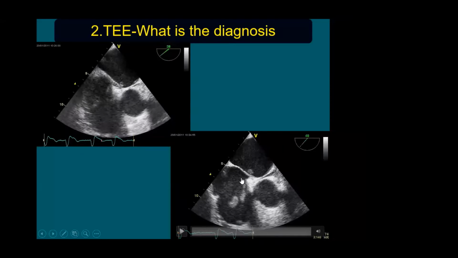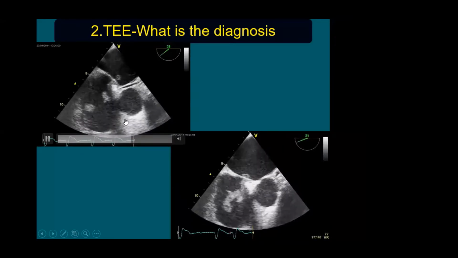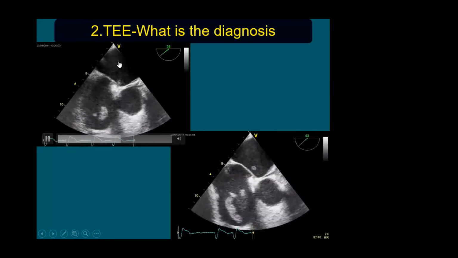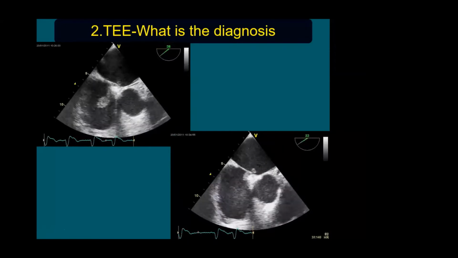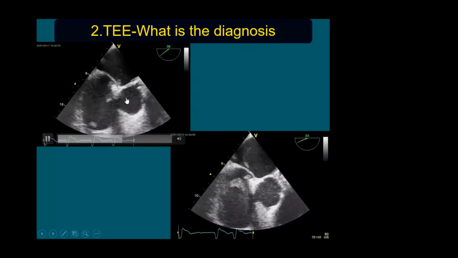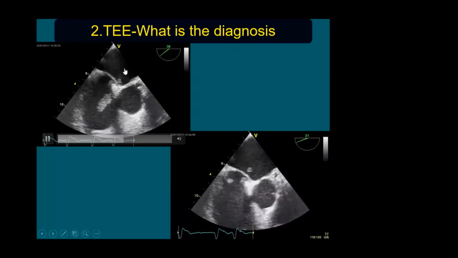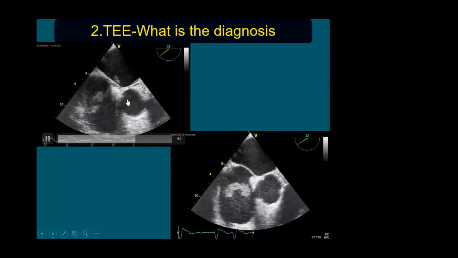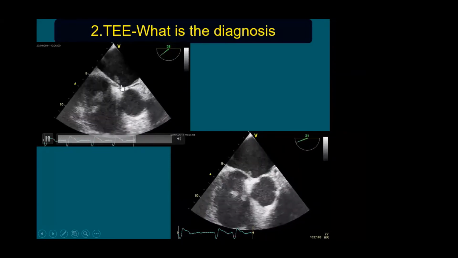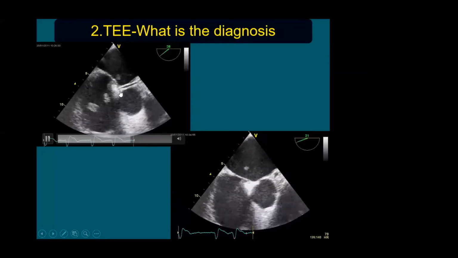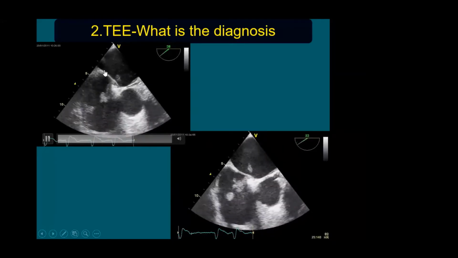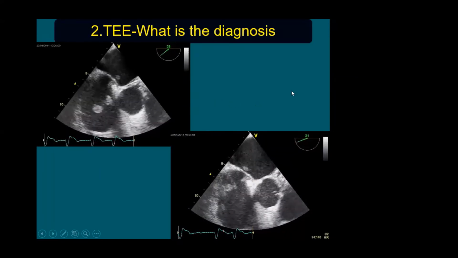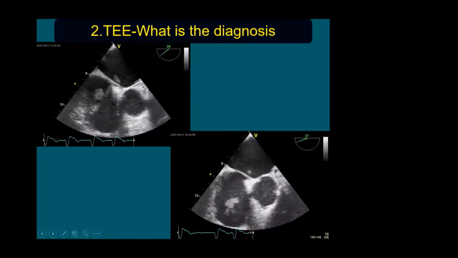This is the second one. This is the transesophageal echocardiogram. This is the left atrium at the short axis view. This is actually an upper esophageal short axis cut. Usually around 45 degrees you will get this view; 38 degrees it shows actually. This is the left atrium. This is the right atrium. This is the aorta. And this is the interatrial septum, for those of you who want to refresh the anatomy. So left atrium, right atrium, and interatrial septum, and you see some mass here. So what is the nature of the mass? What is the diagnosis in this patient?